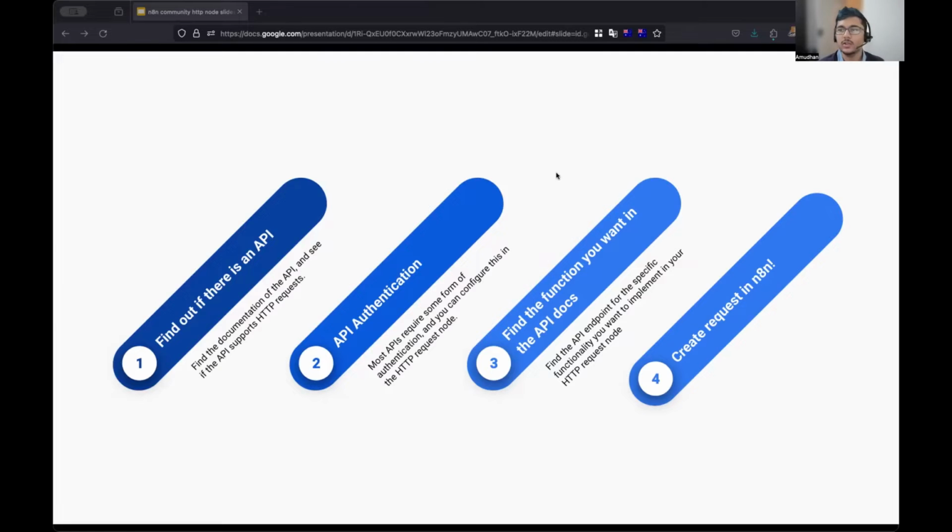You can do this by simply going into the application documentation or the website of the service that you're trying to connect to, and start looking for API documentation. And the next thing you want to do, once you've determined that there is an API for you to connect to n8n, is make sure that there is some kind